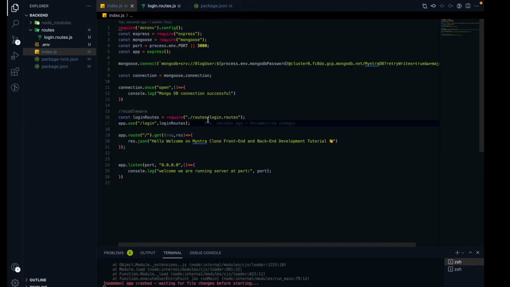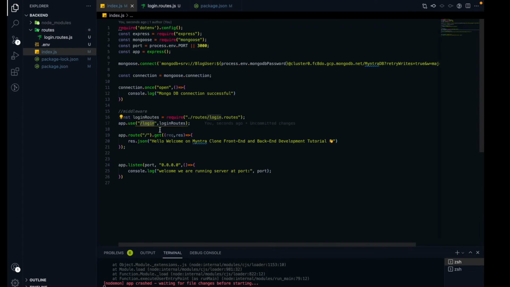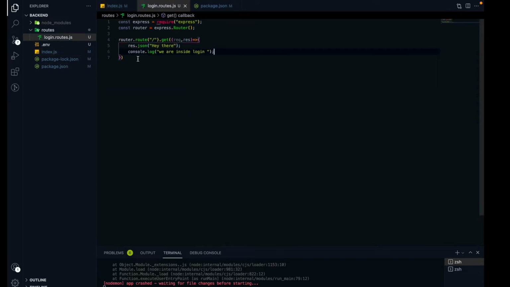All the endpoint related code, I mean all the endpoints which have the slash login prefix will be taken care of by this file now. Okay, so if we have slash login one, slash login two, all of it will be taken care of by this file only.